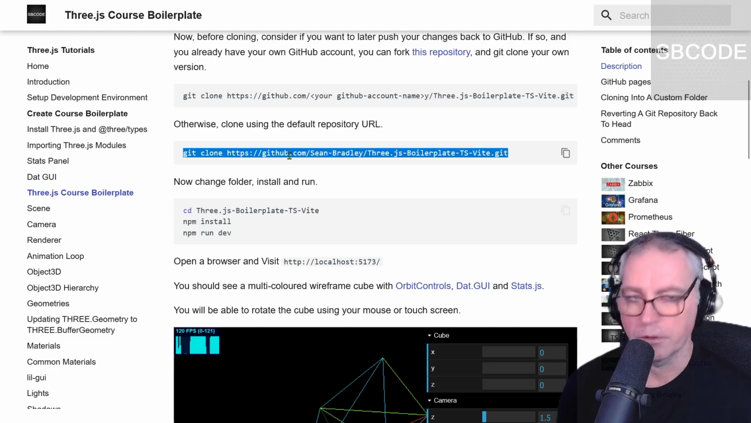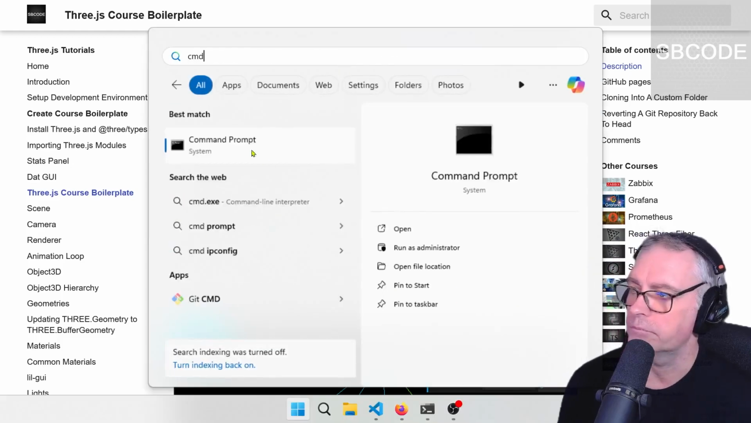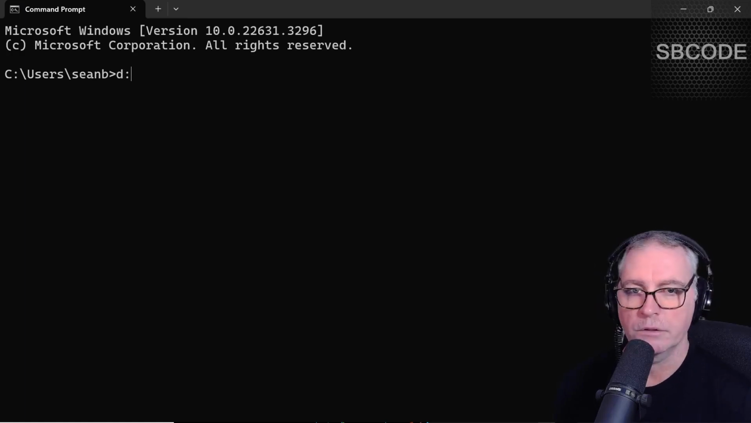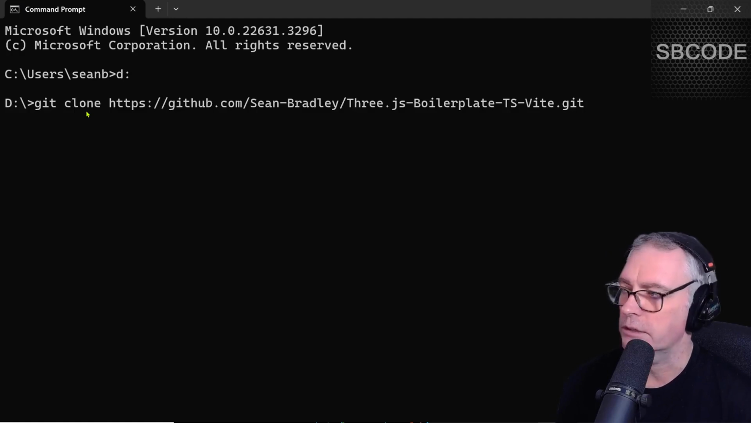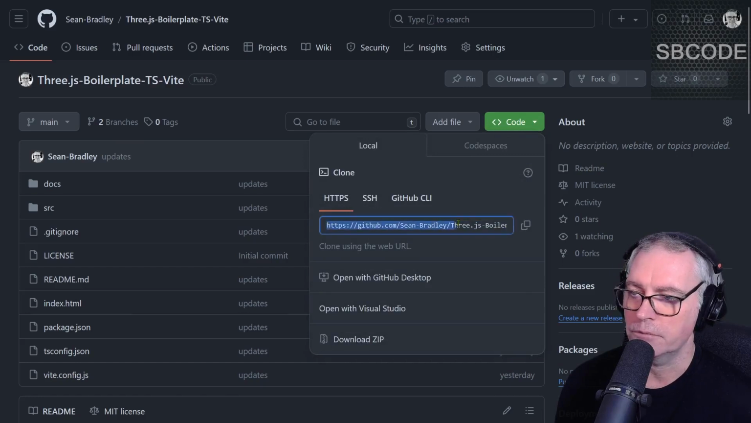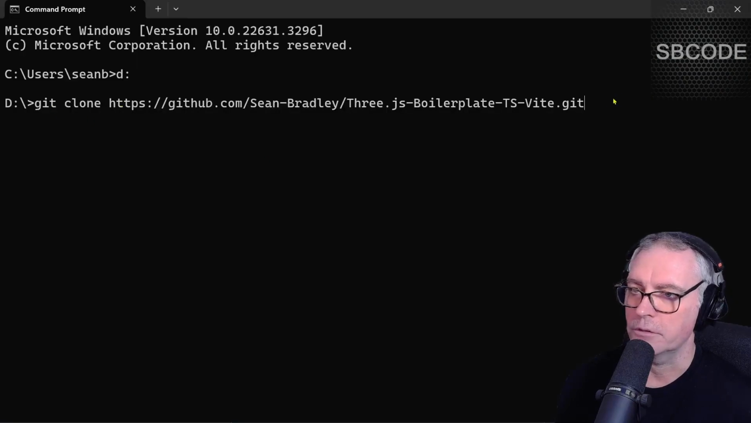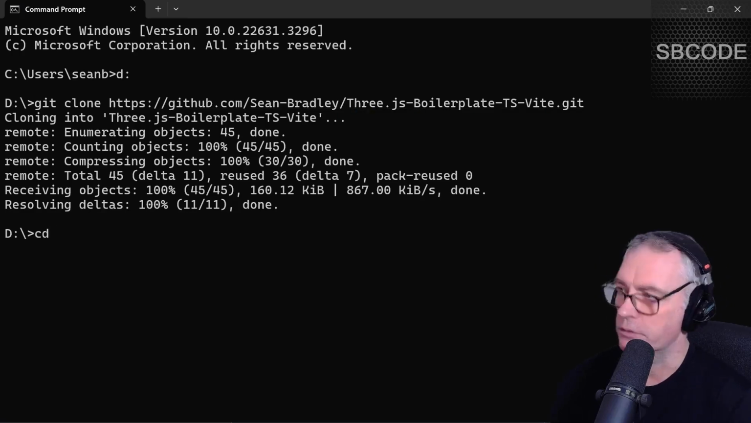So just to show you how that works, if I copy that and go back into the command prompt and go to a folder on my system, D, and just right click, it pastes what I just copied from the browser. So git clone the repository URL. That URL comes from this green button here. It's that exact URL. If you press enter, it clones the repository into a new folder that matches the repository name. So if I cd into that folder now,